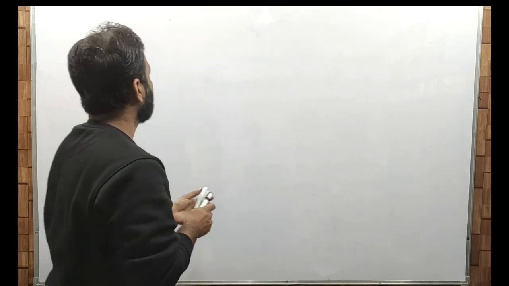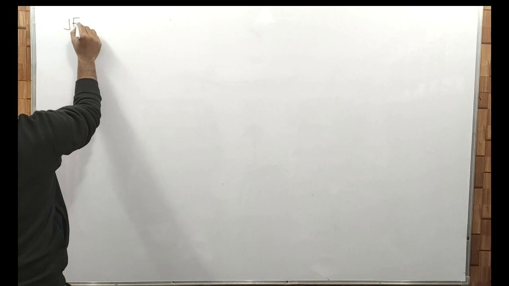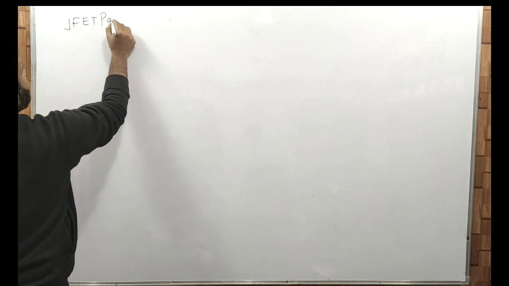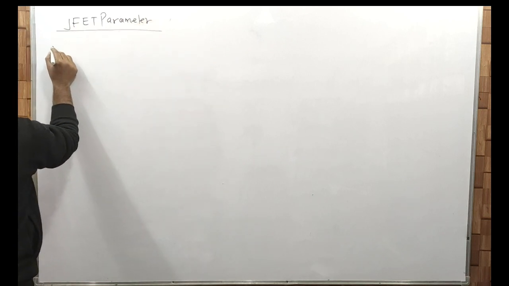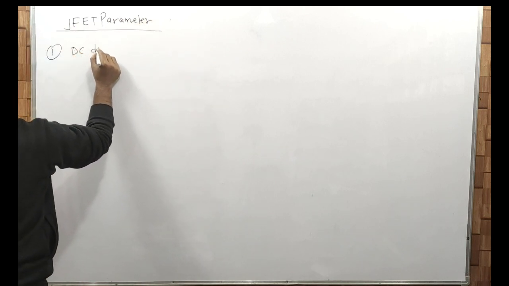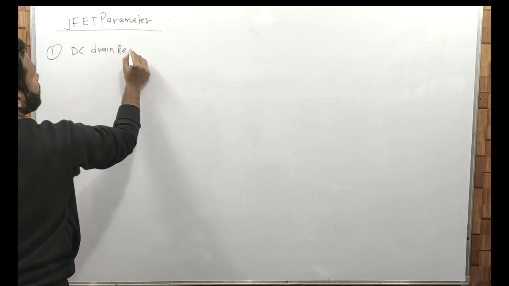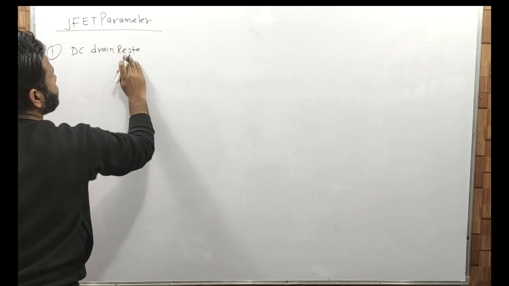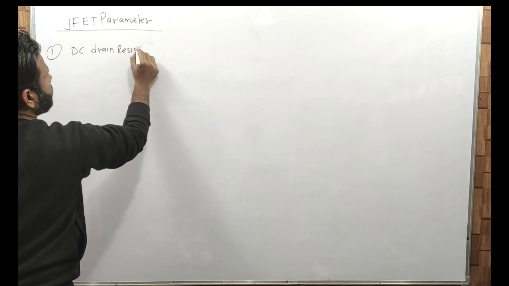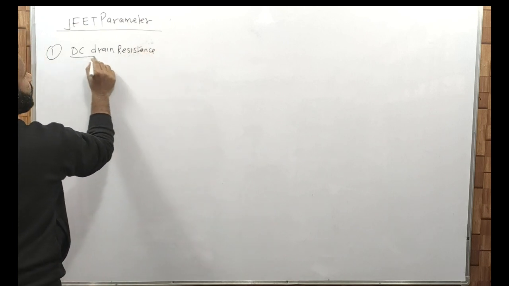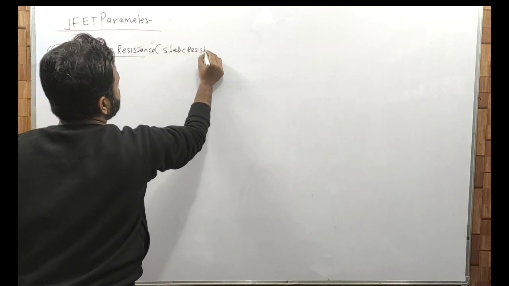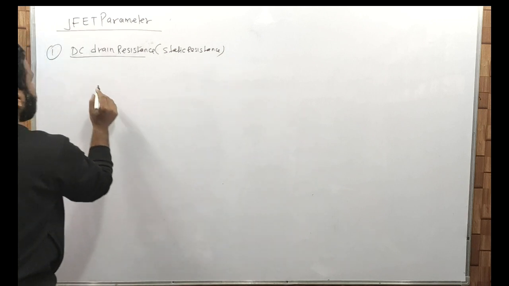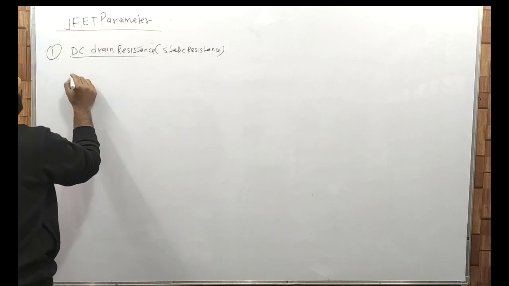दोस्तों, इस लेक्चर में स्टार्ट करते हैं JFET पैरामीटर्स। तो JFET पैरामीटर्स के बारे में समझते हैं। पहला जो पैरामीटर है, वो है DC ड्रेन रेजिस्टेंस। DC ड्रेन रेजिस्टेंस, इसे static resistance भी कहते हैं। Now first इसकी definition देखते हैं। It is defined as